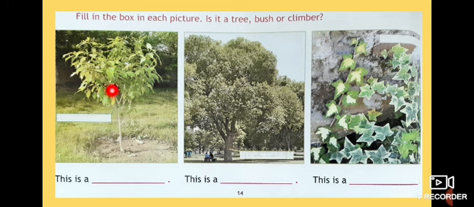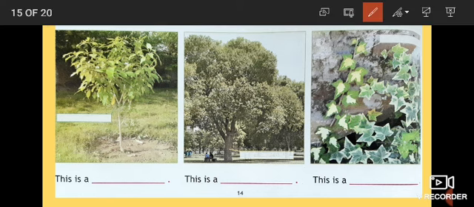Okay. Now look at the first picture. What type of plant is it? Yes, very good. It's having a woody stem. And woody stem. So what plant is this? And it looks like a bushy also. It's a bush. Very good. B-U-S-H, bush. This is a bushy plant. Bushy plant you can write.